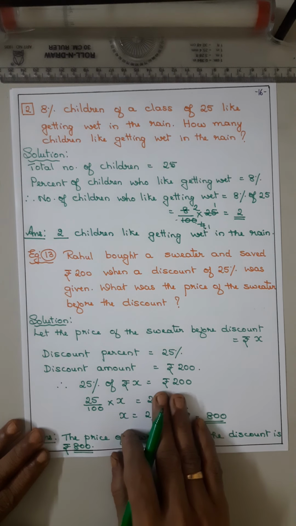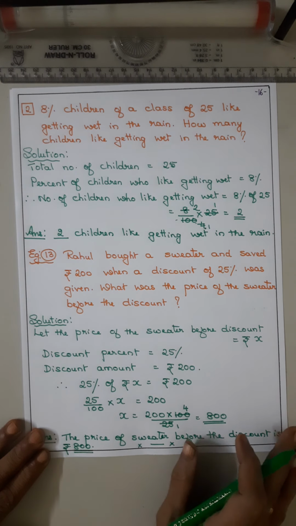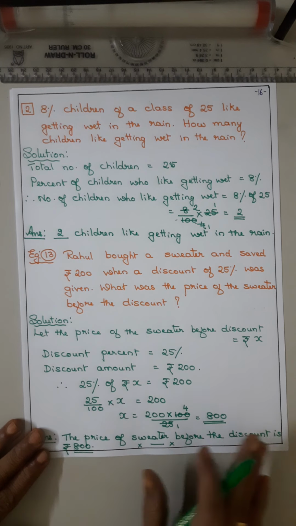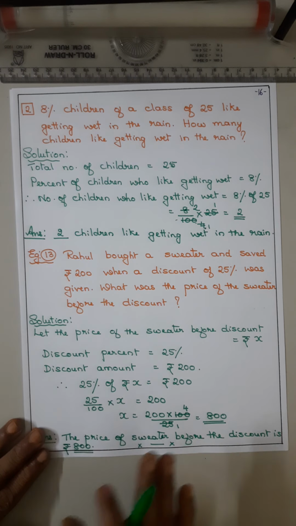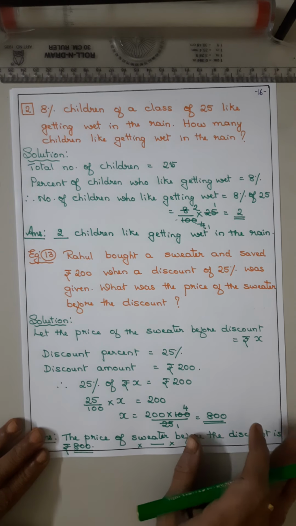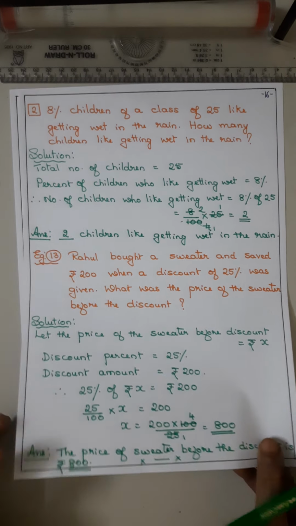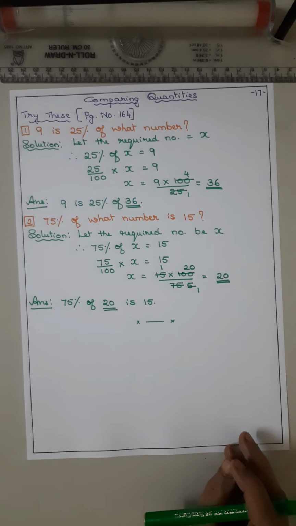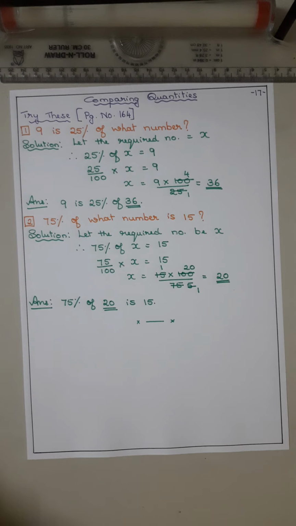So 25% of x is 200. Please take care of this sum. Understand properly and solve it. Now coming to the try these questions. 9 is